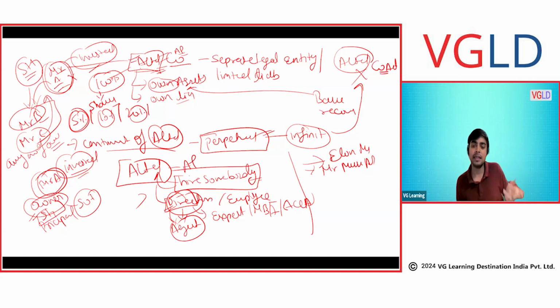The minimum number of directors in the case of the UK is two. For a private company it's one, and for a public company it's two. Okay, Jivika, this is as per the Companies Act. In India we have a different scenario.